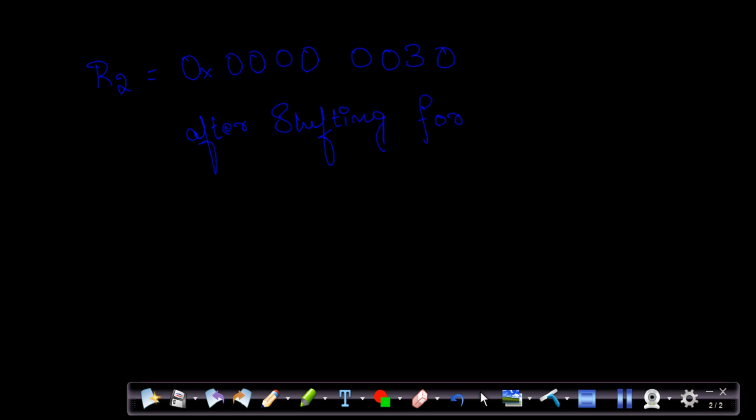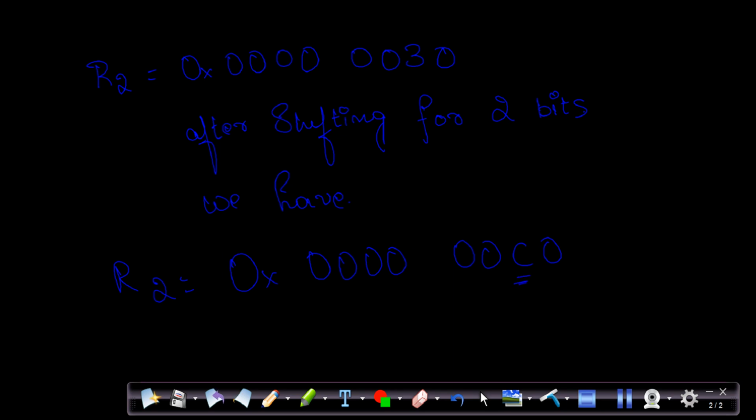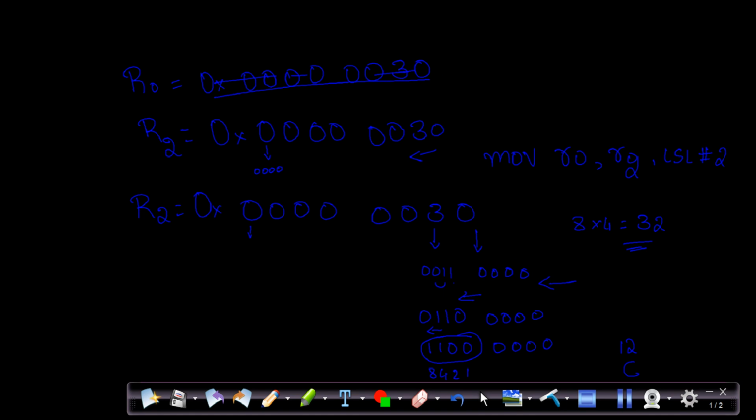After shifting for 2 bits, we have R2 is equal to 0x000000C0. I hope you got C. It's nothing but we have just shifted and we have taken the value, that is 8 plus 4, it is 12.